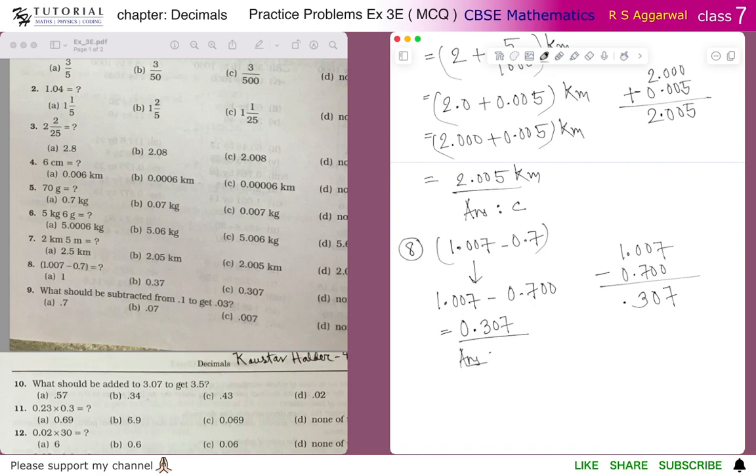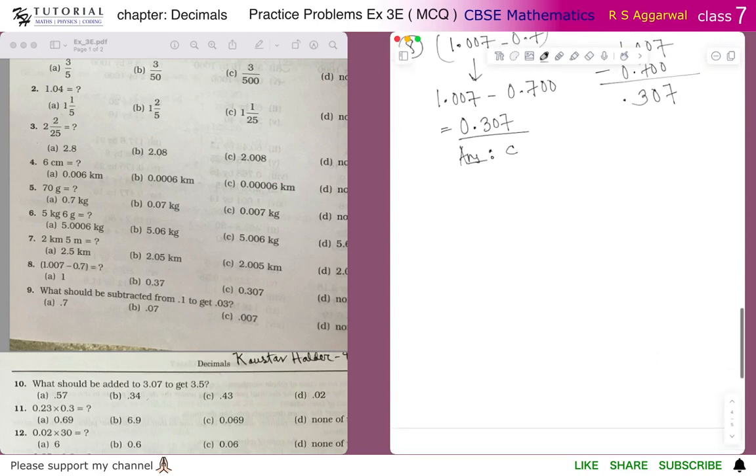This is the result. So the answer is choice C. Okay, let's do problem number 9. It is asking what should be subtracted from 0.1 to get 0.03. So it is asking